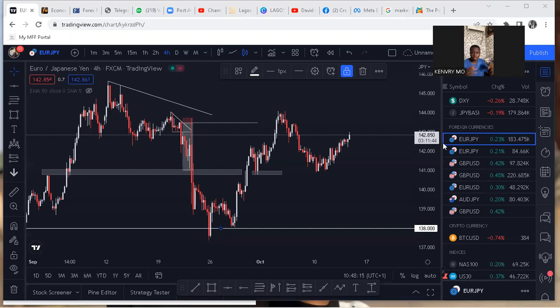Always take care of your trade. Always take care of your chart. You want to be able to cultivate your chart in a way that it is appealing to you. Same way, just imagine for a moment